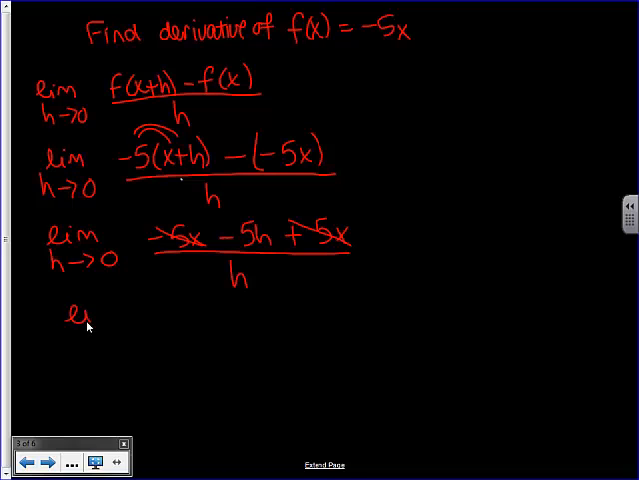So now let's look at what I'm left with. The limit as h approaches 0 of negative 5h divided by h. Well, what happens with my h's? They cancel. h divided by h is just 1, so they do cancel. So I'm left with the limit of negative 5. That makes sense, so the derivative is negative 5. Well, let's think about that. If derivative is slope, and this is the line